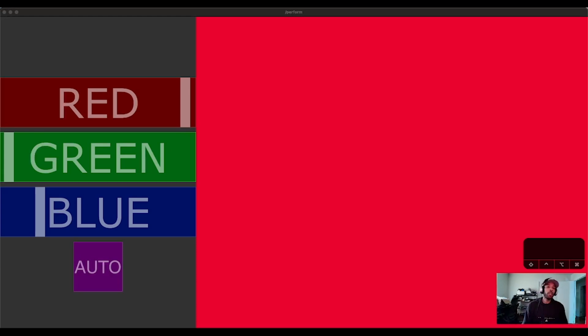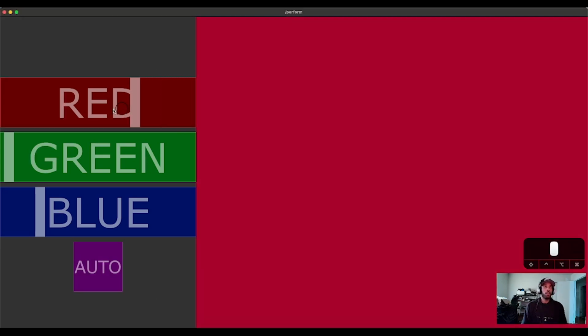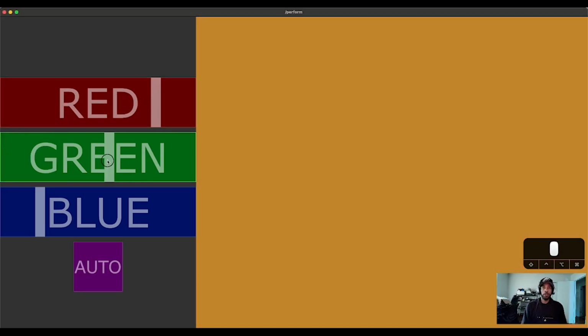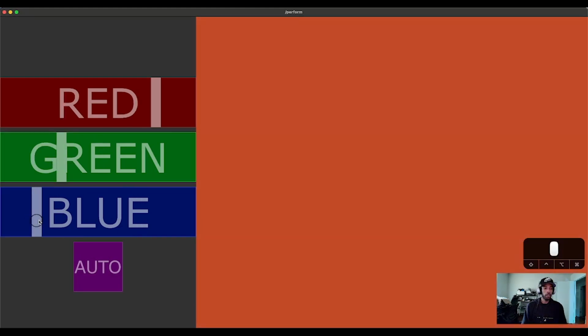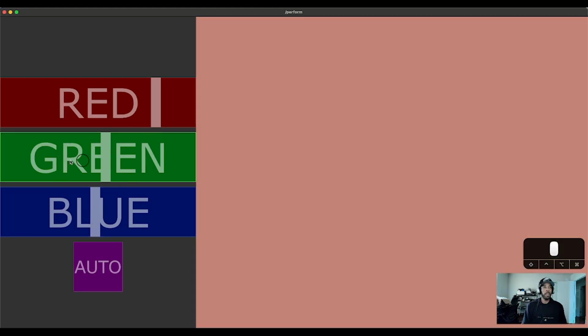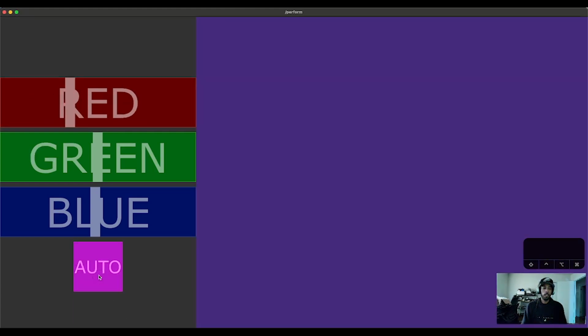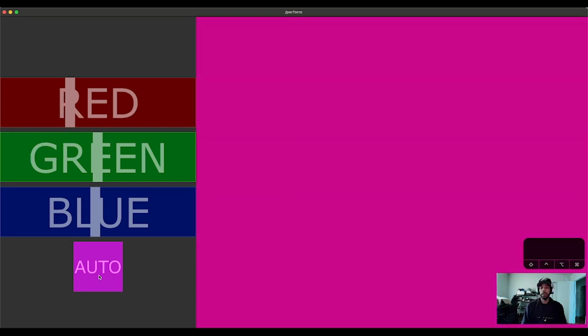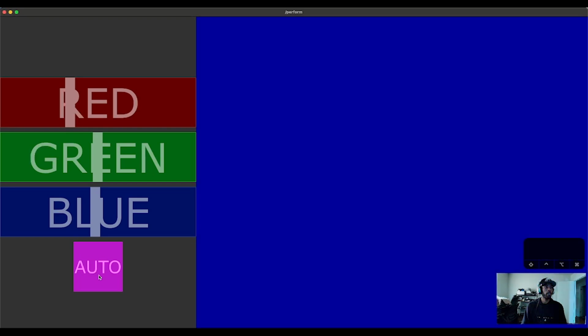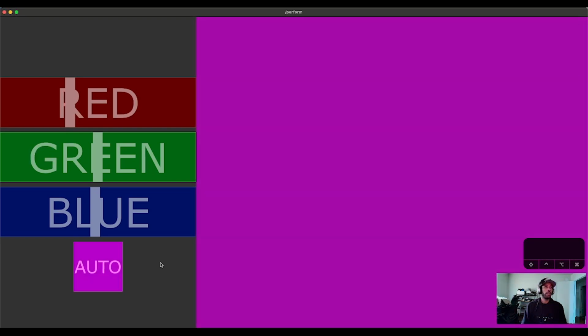Today, I want to look at this little program that I built here, which will allow you to change the color manually. So we're going to be working on building some UI. And then also, if we hit this little auto button, we'll change the color automatically. Okay, so